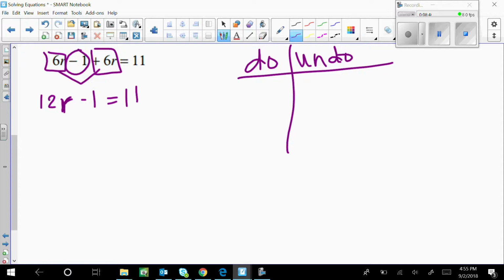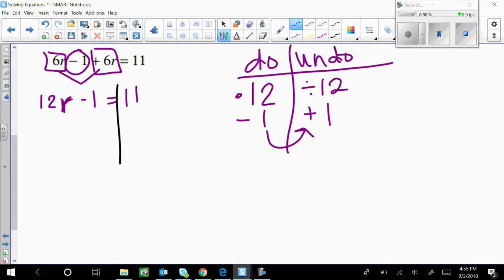There's no grouping symbols or exponents, so the very first thing is multiply by 12 and then subtract 1. When I do my undo, I have to do the inverse operation of those. So the inverse operation of minus 1 is plus 1. The inverse operation of multiply by 12 is divide by 12. I draw my wall,